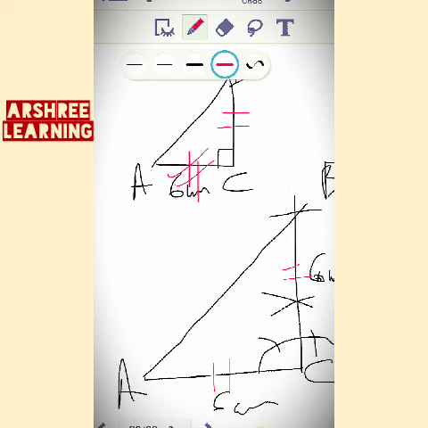So you have to make an angle 90 degree. This angle is 90 degree which you have to make here. First you will draw AC equal to 6. Then you will construct angle C 90. When you construct 90, then from C you will cut an arc CB. So the arc which is given here is CB. You will cut an arc here. This will become CB equal to 6 and then you will join AB. The triangle will be made. So these will be the steps of construction for this question.